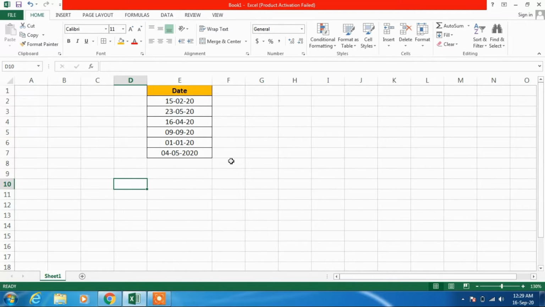Now if you want to change the date format for this whole column, then just select this column by clicking on this E column.